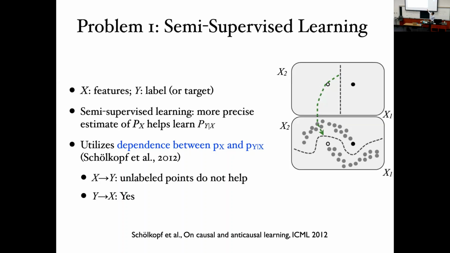In this example, do you think you can do so? If you are given only the two labeled data points, then the decision boundary can be here, or here, or here, anywhere. But now, given those new data points, would you like to go here? No, and probably you want to go this way. Why? When you do this, you can see you actually pay attention to the distribution of x. Is that right? Meaning that you want to make use of some kind of dependence between P(x)